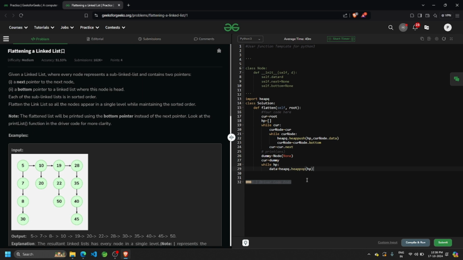You have to pop out the data from the heap and create a node. Let's just create a node over here. And what you'll do, cur dot bottom is actually equal to data, and in the end, what you'll return? You'll return,